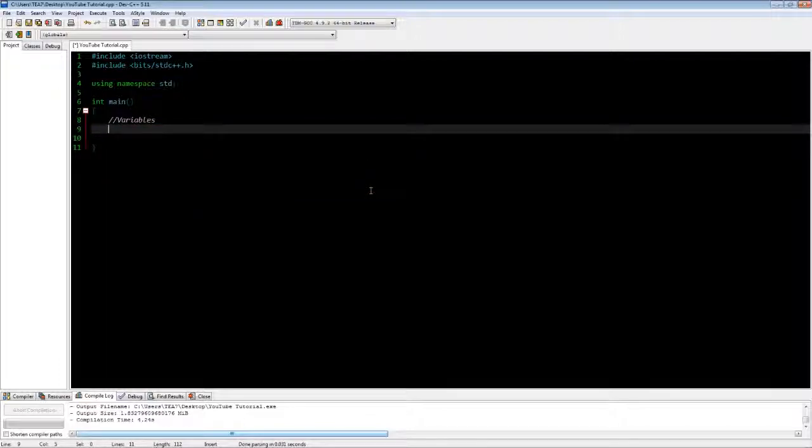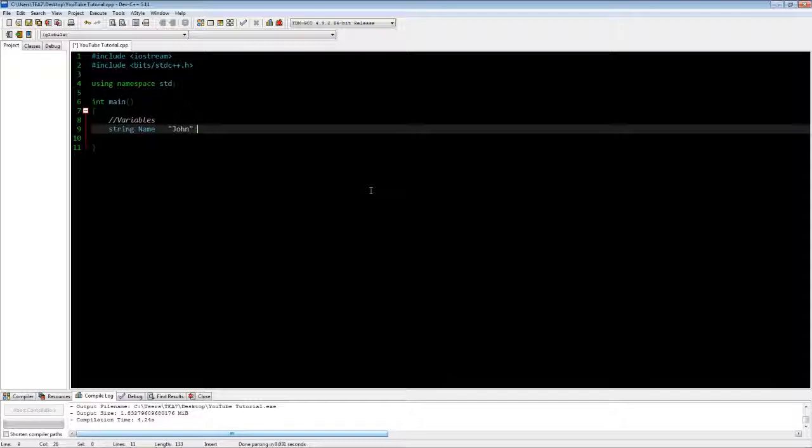Now, each programming language can use them differently. I say that because I haven't used every programming language in the world, but I have used quite a few, and all the ones I have used, pretty much you can set it up the same. So we're going to set a string first. First you have to declare, so string. Now we're going to give this string a name. So we're literally going to put name, put the equal sign, and then in quotations we put what we want it to equal. So in this case we can put